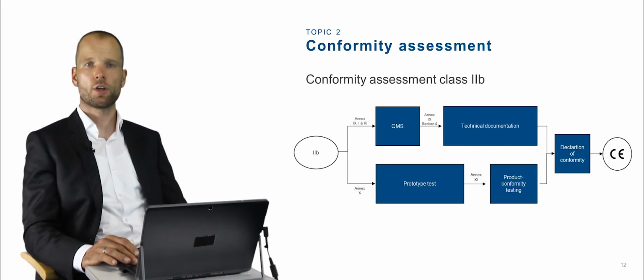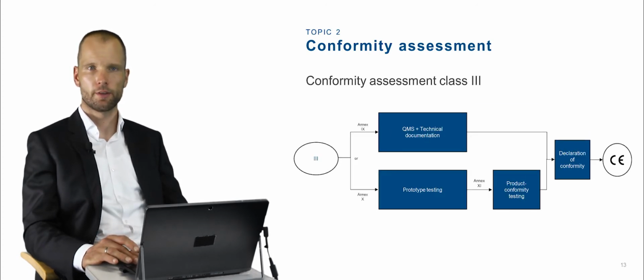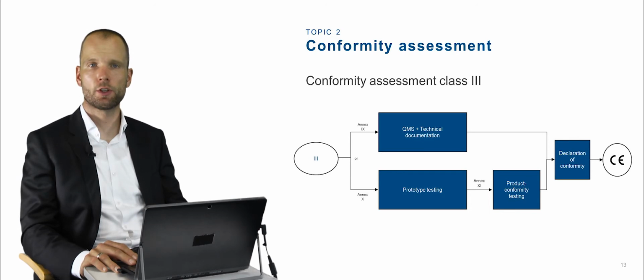So what about the conformity assessment Class 2B? You can use the conformity assessment procedure of the quality management system according to Annex 9, Sections 1 and 3, and assess the technical documentation according to Annex 9, Section 4. Or you assess the prototype testing according to Annex 10 and the product conformity testing according to Annex 11. For conformity assessment Class 3, the manufacturer can assess the conformity of the quality management system according to Annex 9, including the technical documentation. Alternatively, the conformity assessment procedure may be selected in accordance with Annex 10, prototype testing, in combination with Annex 11,